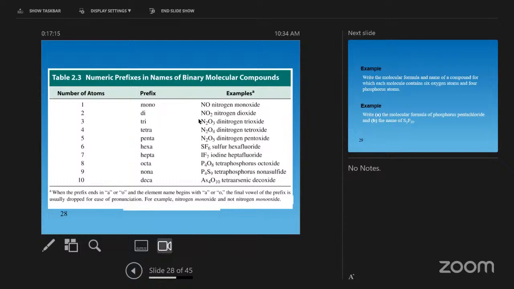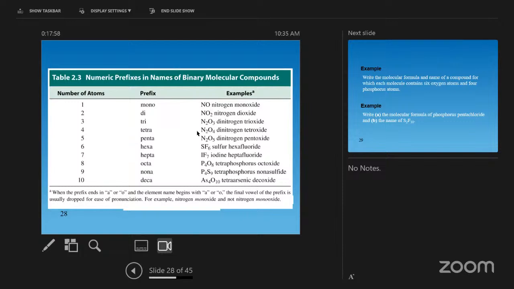So, with what I just said, you can see why, for example, the first one here is nitrogen monoxide, right? Now, if I didn't tell you those exceptions, you'd be led to believe that you should get mononitrogen monoxide. But according to the example I just gave you, if the first element has only one atom, we do not use any prefixes for that particular element, right? So that's the reason why this is called nitrogen oxide. That's the reason why it's called nitrogen dioxide, right? We do not use mono for the nitrogen because